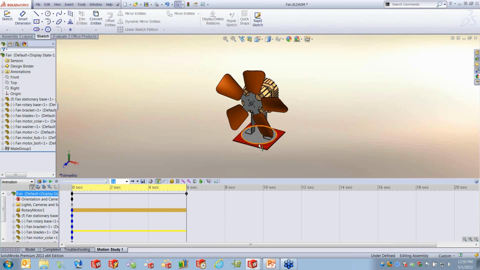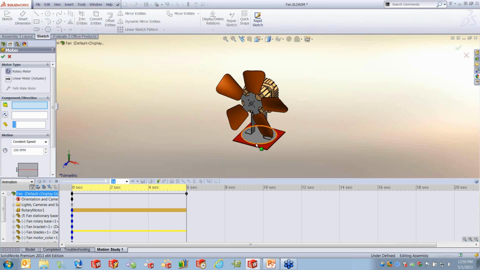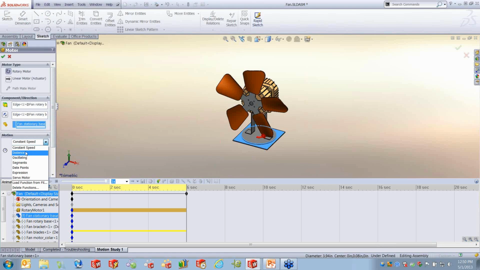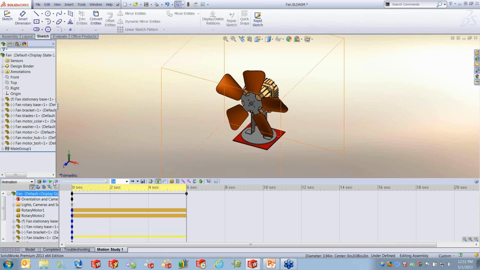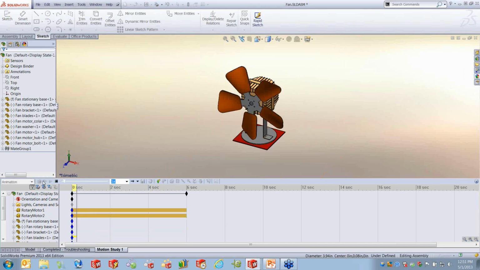Now, how can I get a little bit more advanced with this? Well, with the motor, we can create a rotary motor for the base, and we want it to move relative to this surface. But instead of a constant speed, we have different ways that we can specify the motion. We want this thing to oscillate. The total range of motion is 135 degrees, and then we set the frequency of the motion. And again, if I recalculate this,